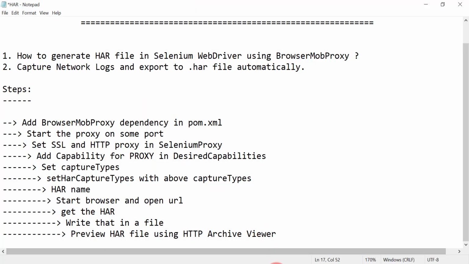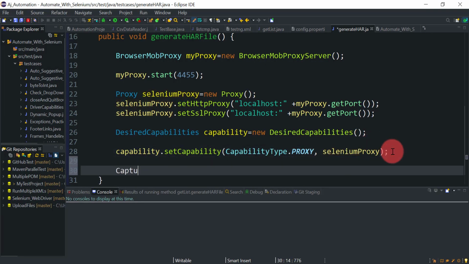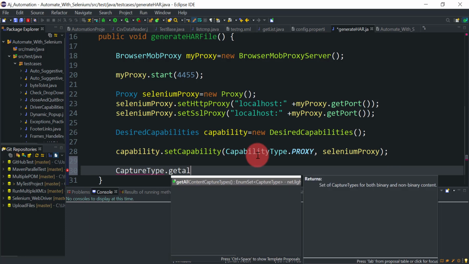Now the next thing is to set the capture types. CaptureType dot getAllContentCaptureTypes will return the set of capture types for both binary and non-binary content.